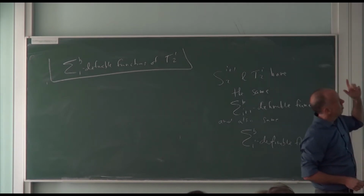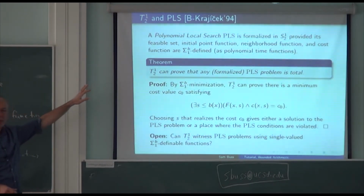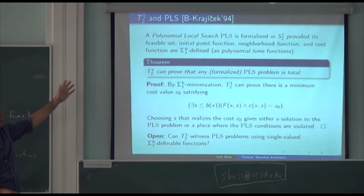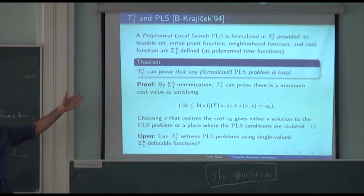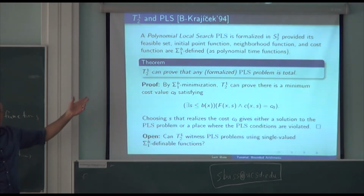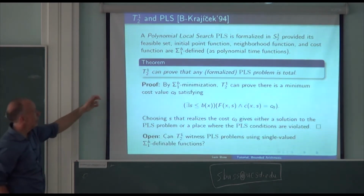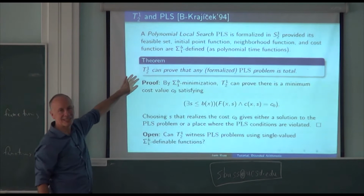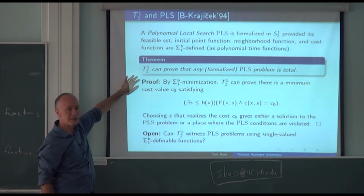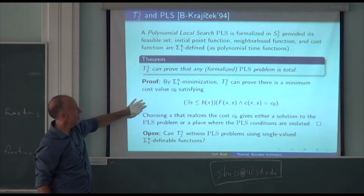So the polynomial local search problem, we'll say that a PLS problem is formalized. I said S12 at the top, but I could have also said T12. If the feasible set property F, the initial point function I, the neighborhood function N, and the cost function C are all polynomial time functions, or at least sigma b1 defined functions of the theory. And then the first theorem, the easy direction, is that T12 can prove any formalized PLS problem is total. And the basic idea is you just say we're going to use